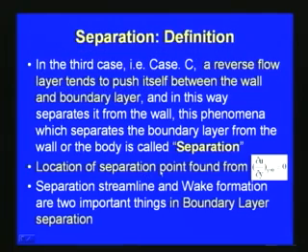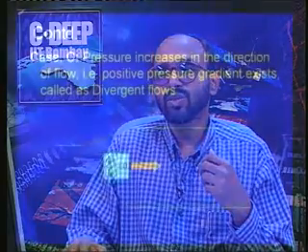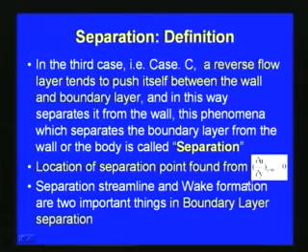With respect to the case we have already analyzed, the divergent flow, it is very easily visible how the phenomenon of separation takes place, and we can find the location of the separation point by equating del u by del y to 0. Then we can draw the separation streamline, and the wake formation also. Due to the pressure difference, the pressure changes with the boundary layer formation, and then a wake is formed. So, the separation streamline and wake are two important things in boundary layer separation which we have to consider.